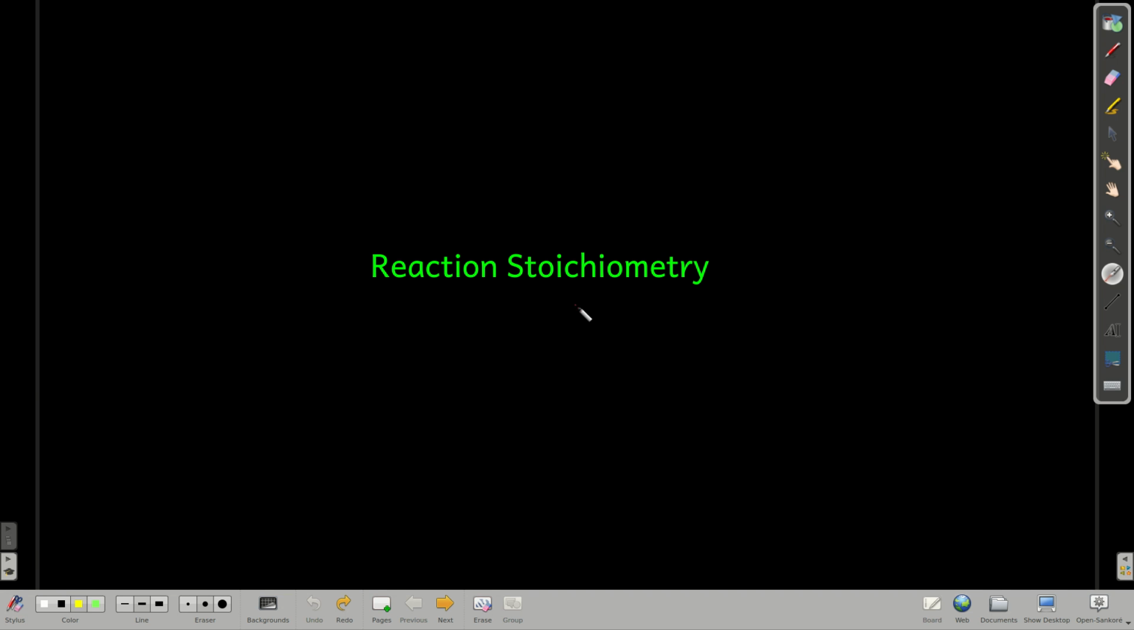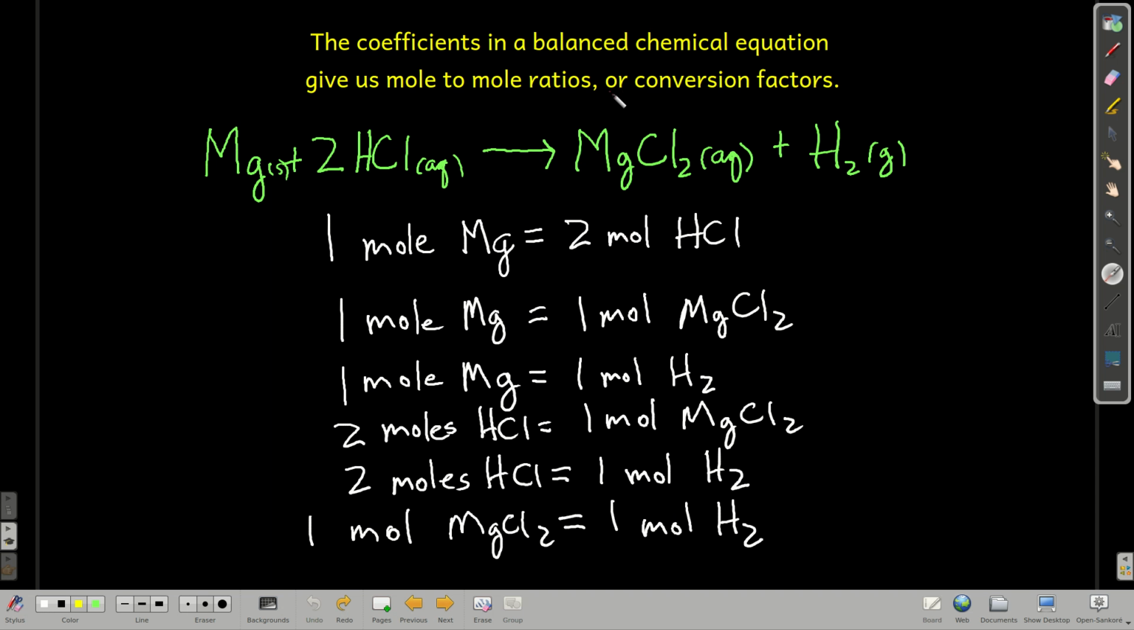In this module, we're talking about reaction stoichiometry, using the coefficients in a balanced equation to give us some conversion factors. So, the coefficients in a balanced chemical equation give you a lot of conversion factors. I've listed for this particular reaction equation all of the conversion factors you get from the coefficients, but you almost always will just use one, and you don't have to write them down because you can just really read it